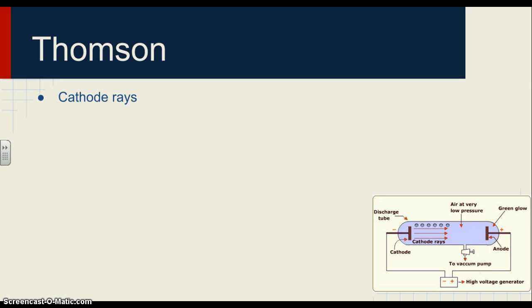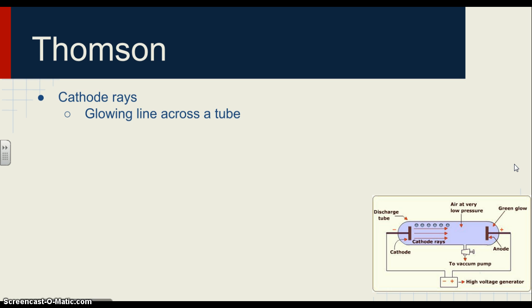So, scientists loved playing around with electricity in the late 1800s, and one of the devices they had was called a cathode ray tube. Cathode rays, in fact, until just recently were in all computer monitors and TVs. Basically, what they were seeing was, when electricity was passed through this cathode ray tube, a glowing line would shoot across the tube to the other end.